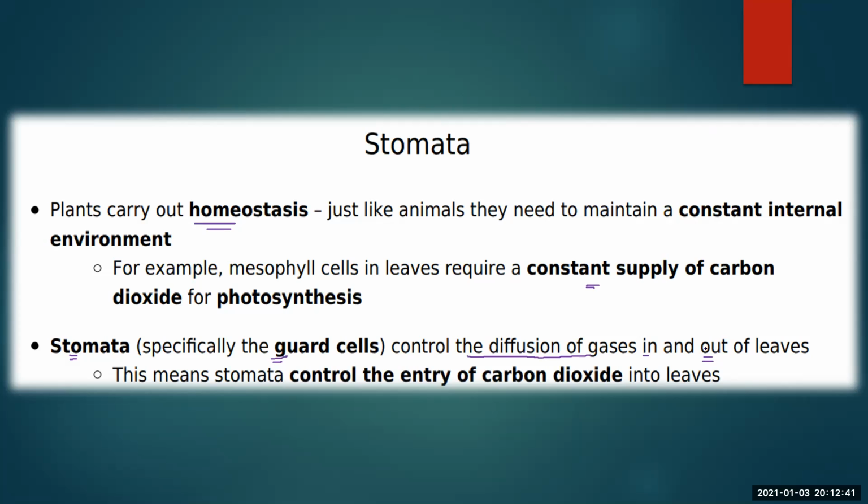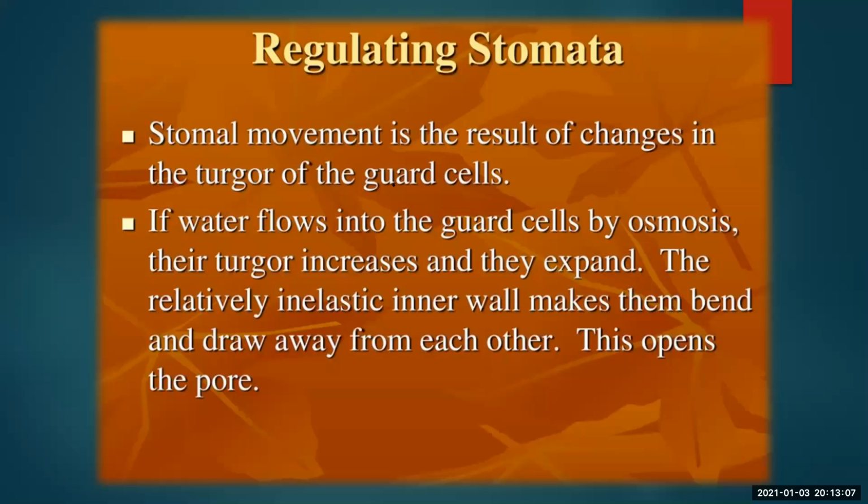And this is where stomata come into play, right? This means that stomata control the entry of carbon dioxide into the leaves. So that's the function of stomata here. Basically, stomatal movement is the result of changes in the turgor of the guard cells, right? If water flows into the guard cells by osmosis, their turgor increases and they expand,